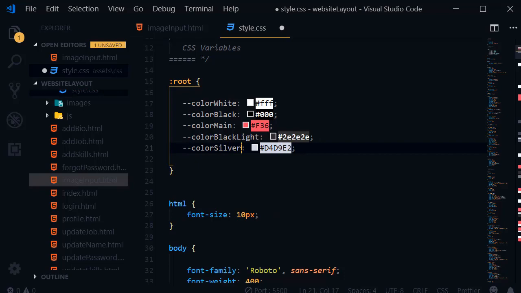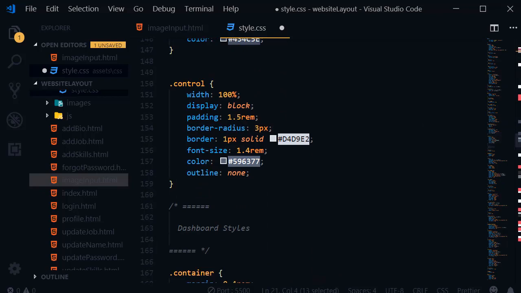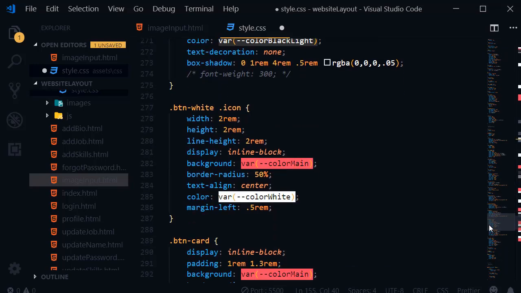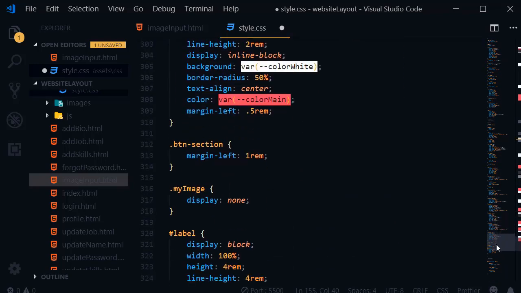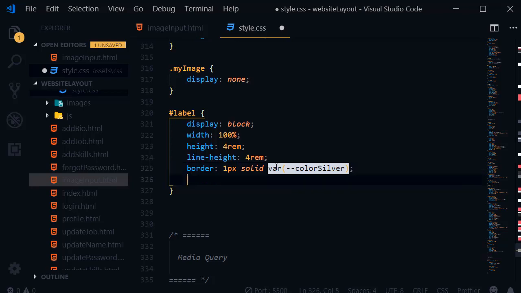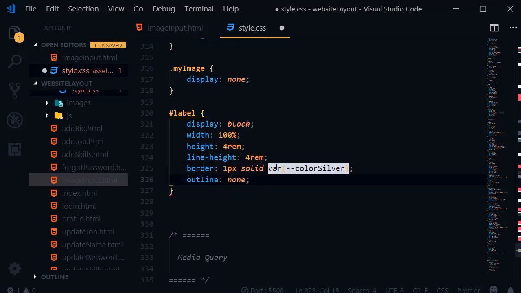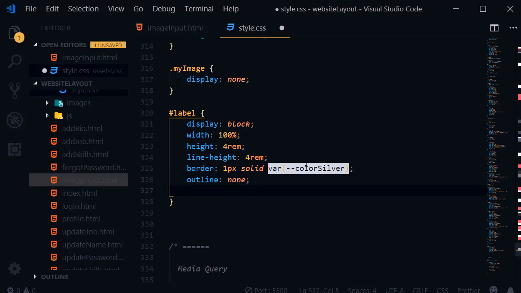Perfect. And now simply copy the variable name, and first of all here instead of this color, var and paste like this. Okay, and after that var and paste, and now outline will be none. Okay,